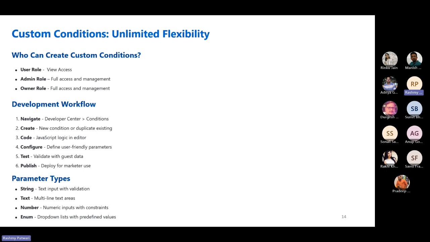So with custom conditions, it gives us more flexibility because it's up to the complexity that is needed, and we can code it. We can develop it based on what is needed in real time to be evaluated. So we'll see this in the example that we have in the demo today. So what I've done is